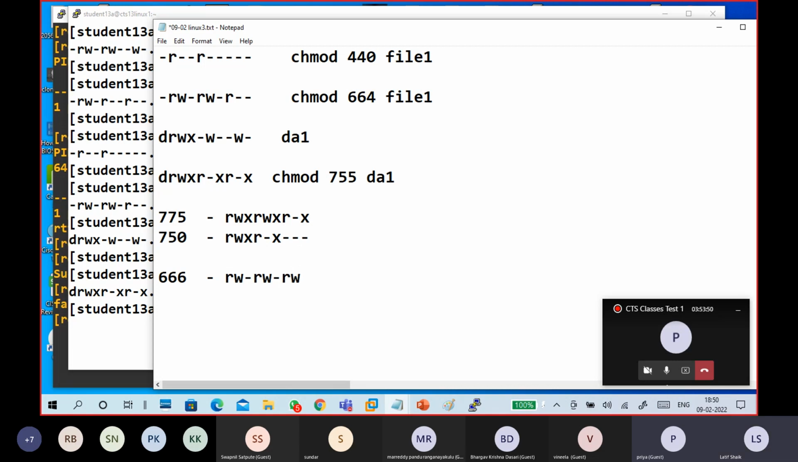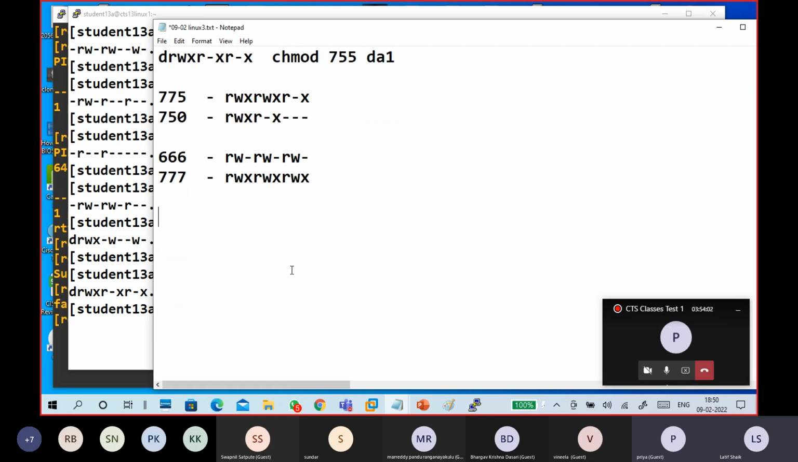RW. 777 is a full set of permissions. These two are full set permissions. This is a full set of permissions. 755 is most frequently used. 775, 750,